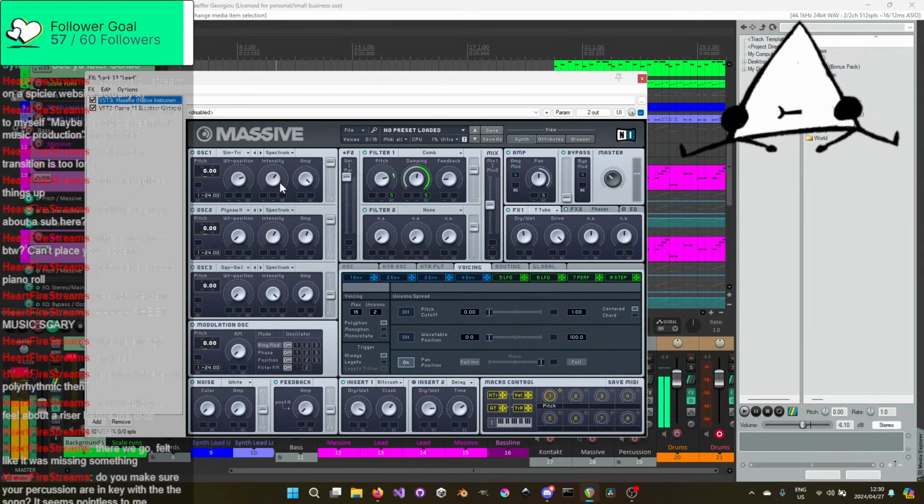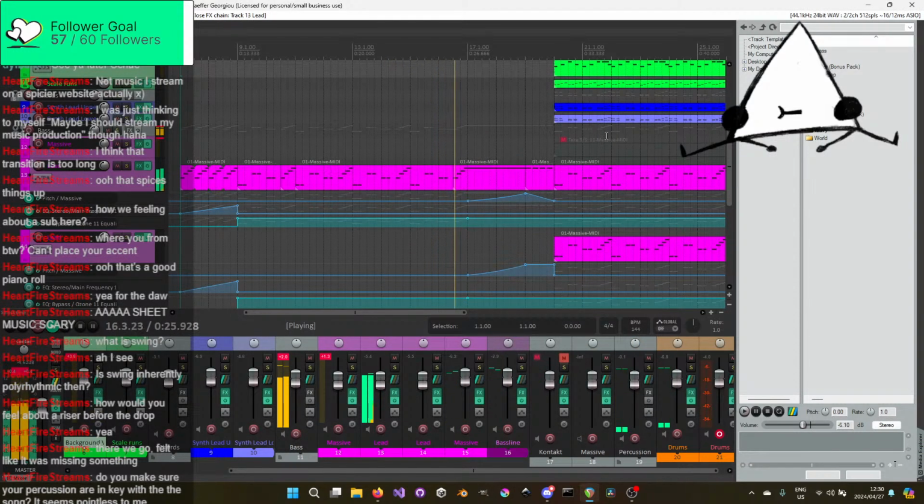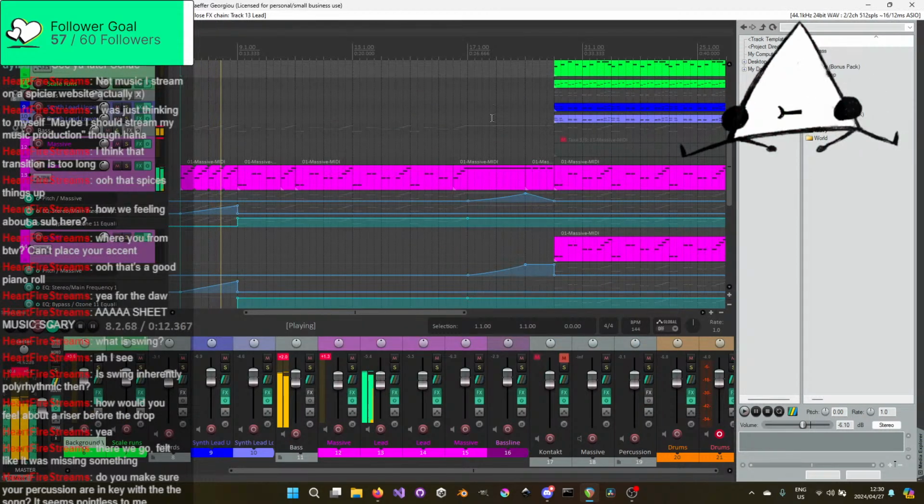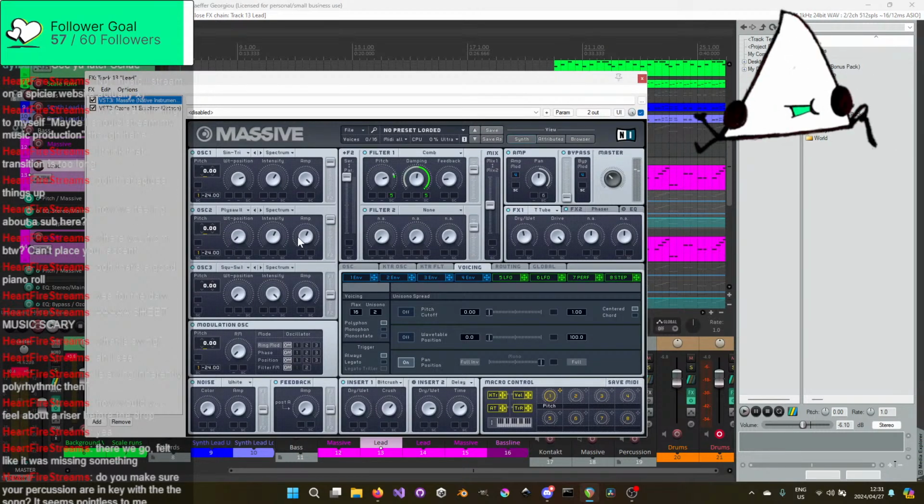Because if I take this one now and I made the unison, it sounds very lackluster and mid. But if I made it unison like this, I think I need to mess around with the panning a bit more.